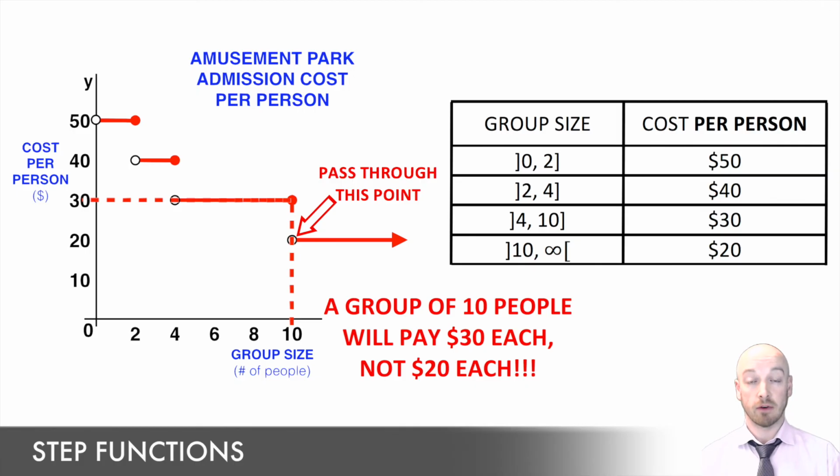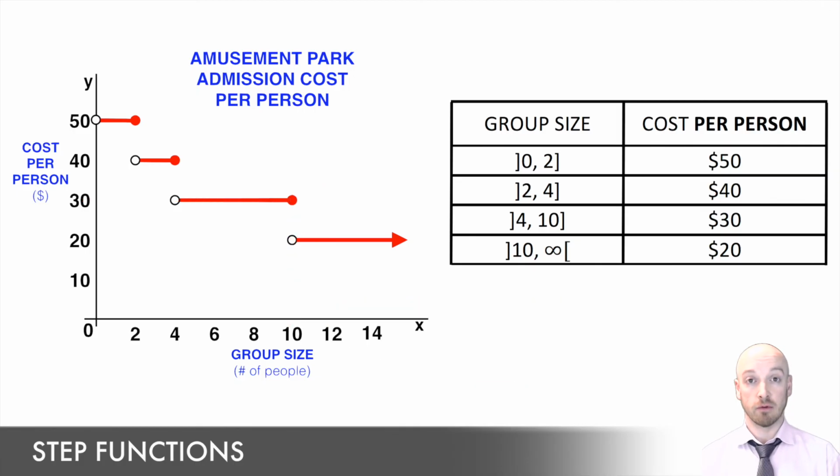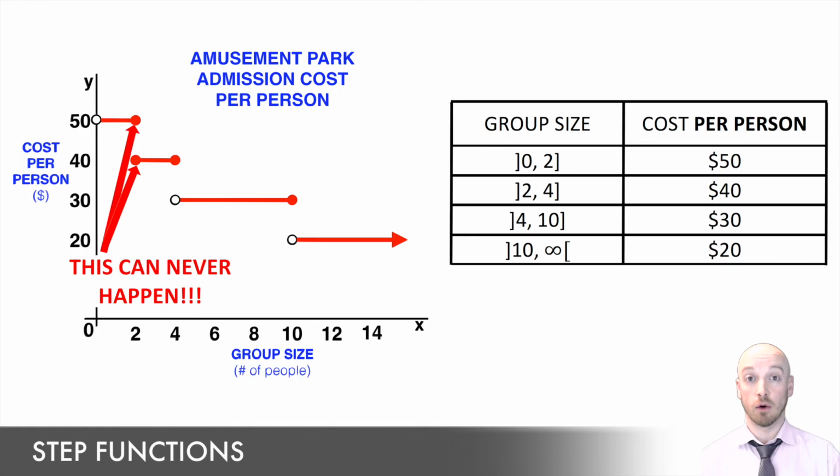Remember also, we can never have two full circles that are lined up right over each other, and no two steps can ever overlap. In a case like that, we wouldn't have a question that makes any sense at all. When we're trying to read an x value, we can never have two y values to choose from. That doesn't make any sense. There has to only be one y value for any x value that we're trying to read. And using the example we just looked at to explain this, well, you couldn't have two different admission prices per person for two groups of the same